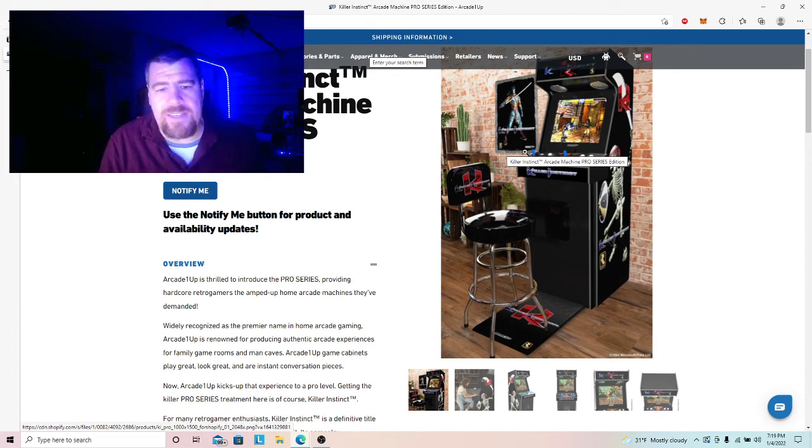So anyways, this is the Killer Instinct Pro Cabinet. A lot of people are surprised, why now? You just released the Killer Instinct 3/4 scale a little bit ago. Why would you now announce this? Those people are going to be ticked. I don't know if I necessarily agree with that. I mean, I've been seeing a lot of people saying I want to cancel my order and get this, so I may be wrong. But to me, the Pro Series is going to be a whole different fan base than